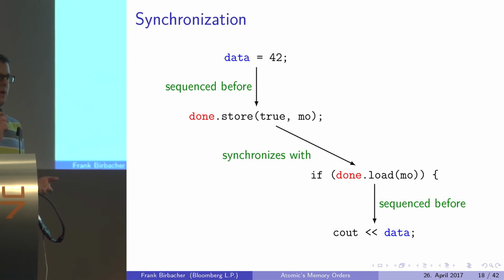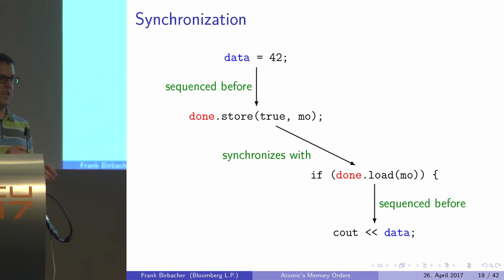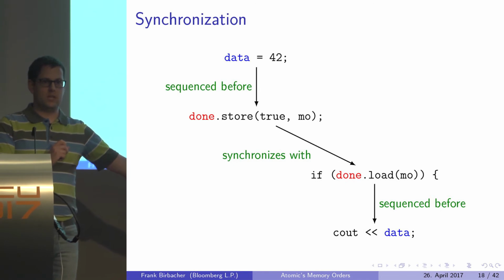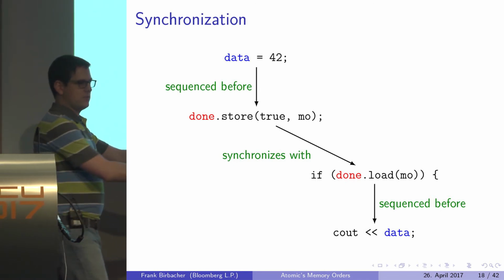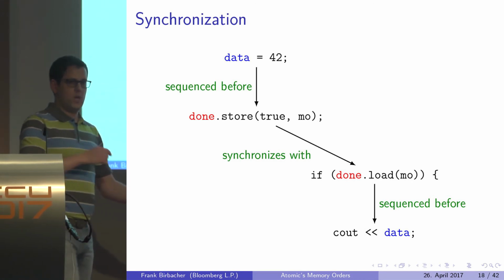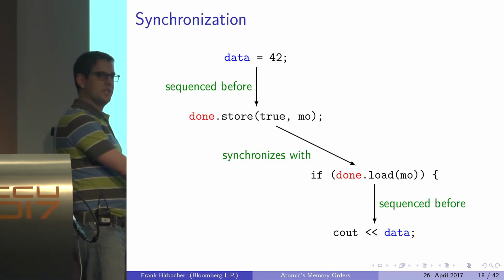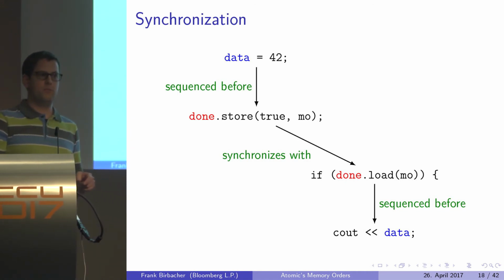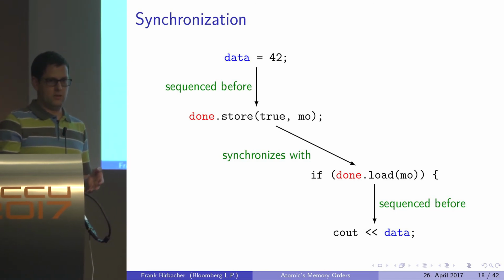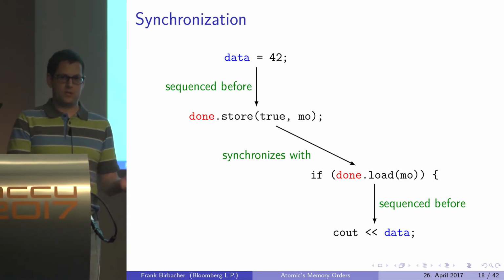And because writing to the memory location is sequenced before writing to the atomic, and then writing to the atomic synchronizes with reading in a different thread, and then this reading is sequenced before evaluating the data, we have a happens before relation where writing to the data becomes visible to reading the data. And this is now bringing into relation an atomic access with a non-atomic access,